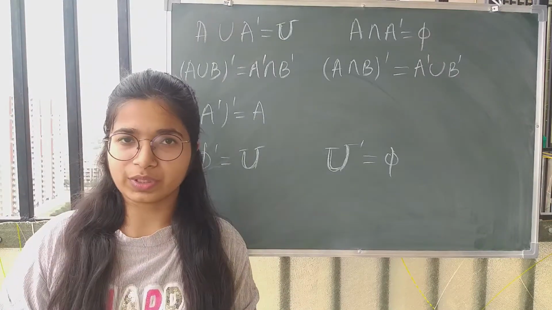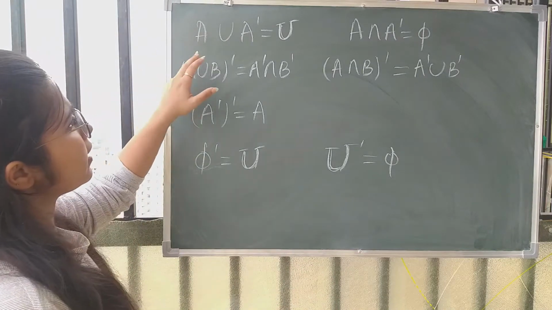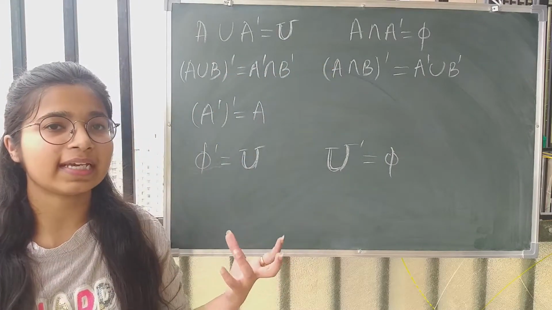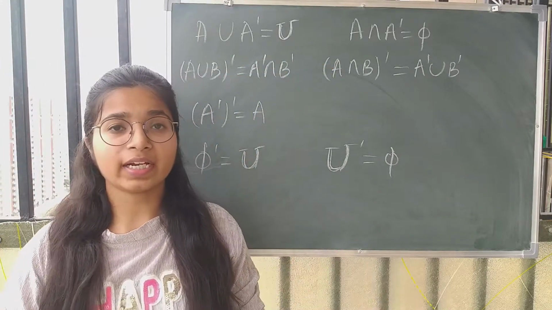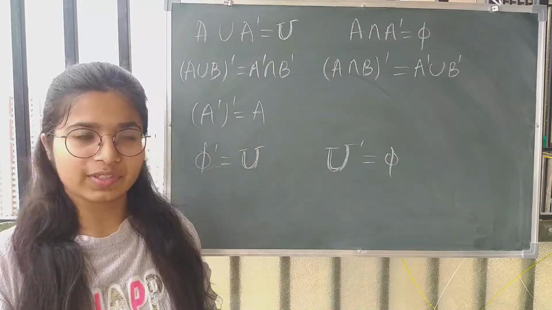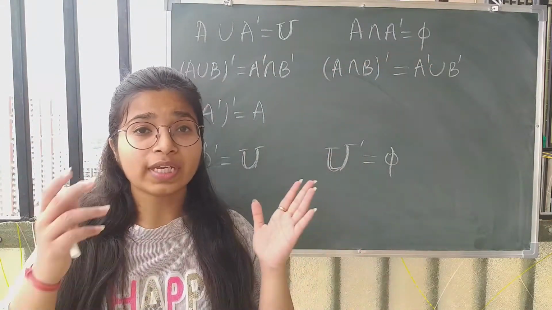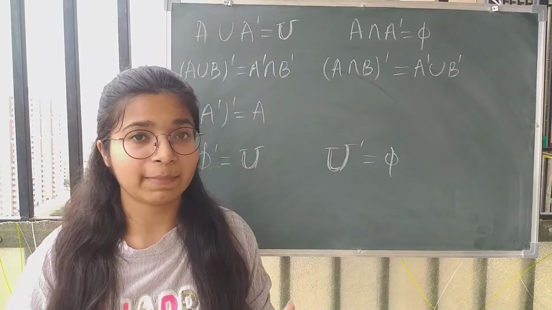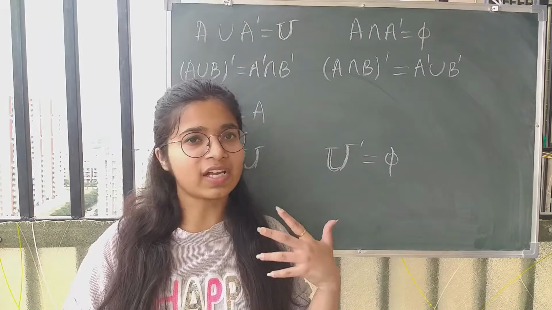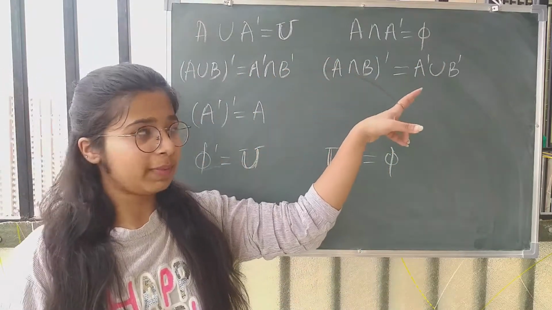So there are some properties which are followed by the complements. Let's see. The first property is A union A complement is the same as the universal set. हमें पता है कि अगर हम A के elements को लें and हम उनका union करें with all the elements which are not there in A, that will be the universal set. Similarly, A intersection A complement will be phi, क्योंकि A intersection A complement, that means वो elements जो A में भी हो और A complement में भी हो, and we know कि ऐसा कोई भी element नहीं होता, so this will be phi. These were the complement laws.